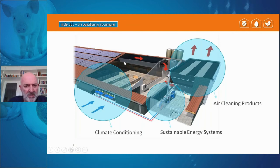So this image that we're looking at the moment is an image of a pig house where we have an air scrubber at the end. So at the top of the roof, there's an exhaust chamber, and the air is going down into the pressure room, into the air scrubber. As part of this process, the warm air is heating the water in the air scrubber. And what we do is we use a plate exchanger to transfer the thermal energy from the wastewater into clean transportable energy, water, and transport it to a point in the house where we can use it to condition incoming